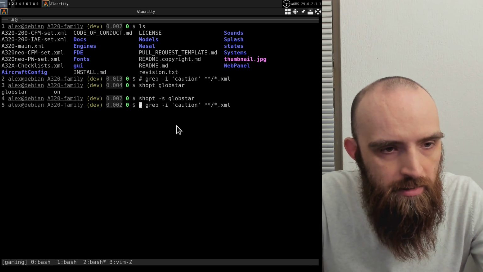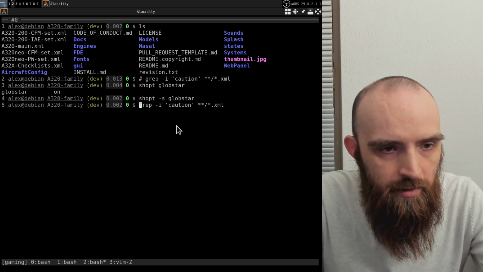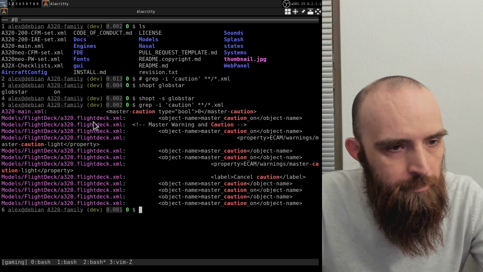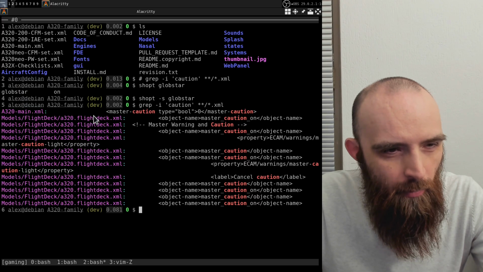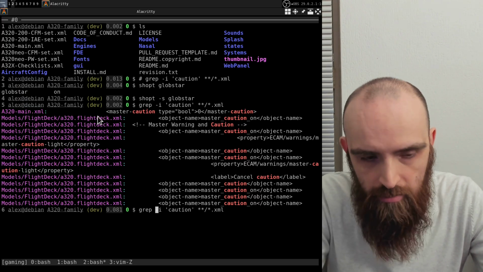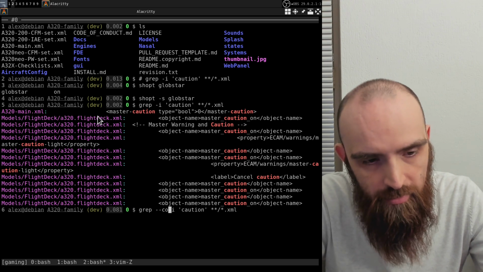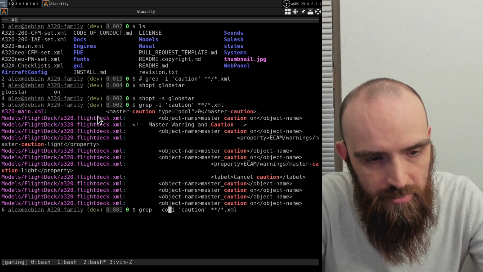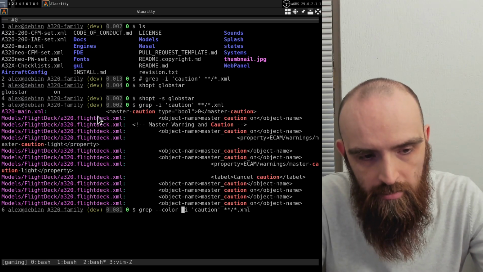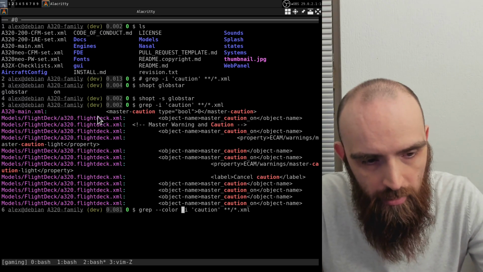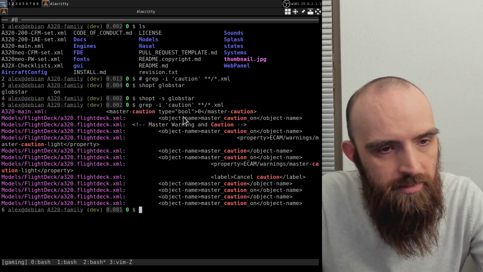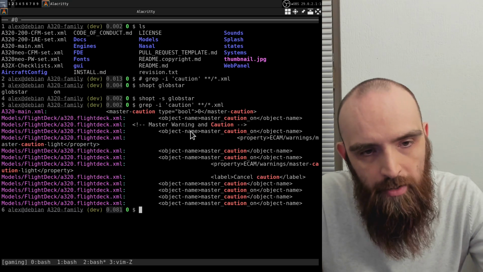So now let's go ahead and run this command that we put together and see what output we get. By the way, if you want to use color in grep, so the output is easier to read, just set --color and it will enable the color. But basically what we see here is all the different lines where it found